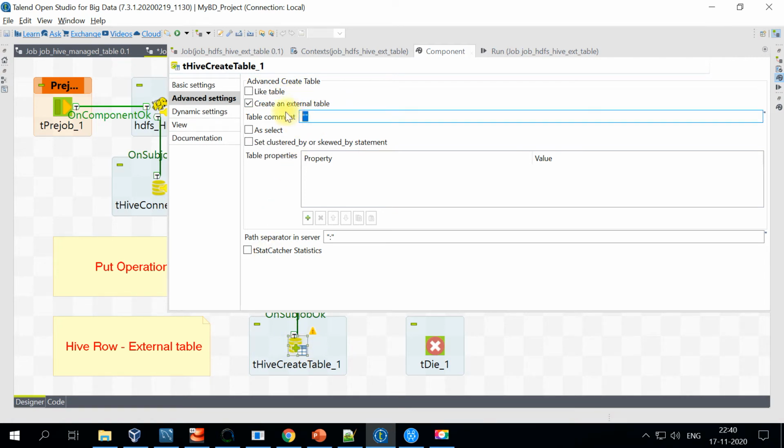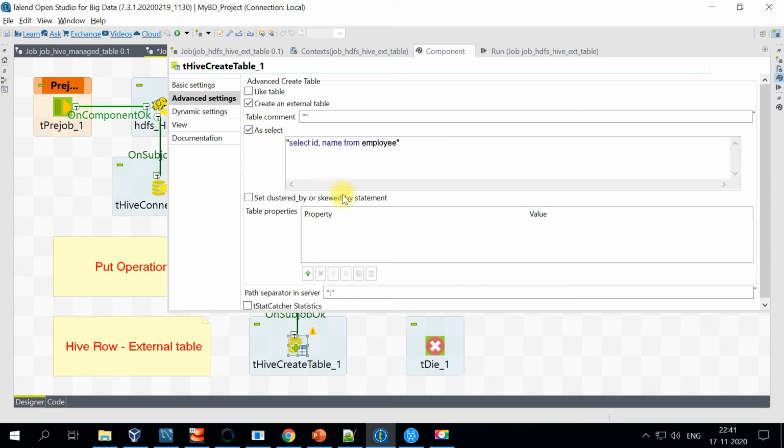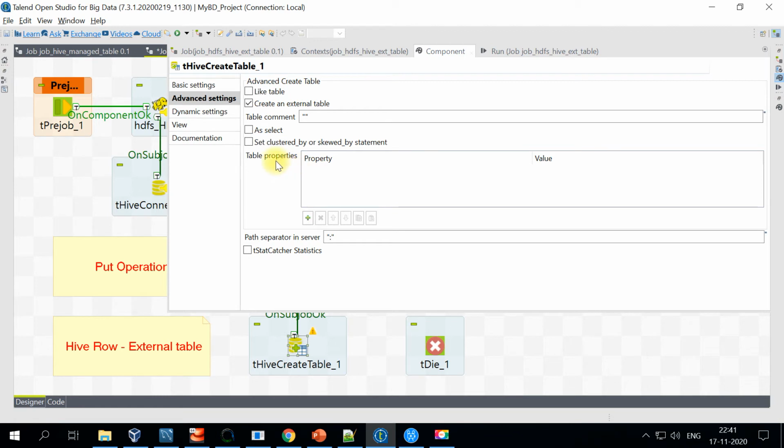Along with that, you can even pass comments, something like this table is used for so and so purposes. And if you want to create it using an existing table, you can still go ahead and use this option, where this will be our source table, and the one that we are creating will be the target. And apart from that, you can even pass the table properties using key and value pairs. For now we're just skipping this. This is only required for some advanced examples.